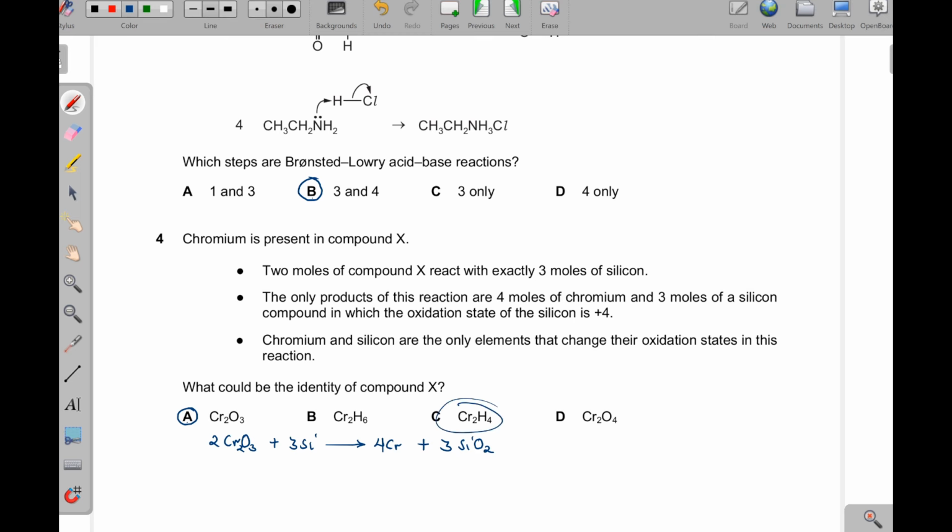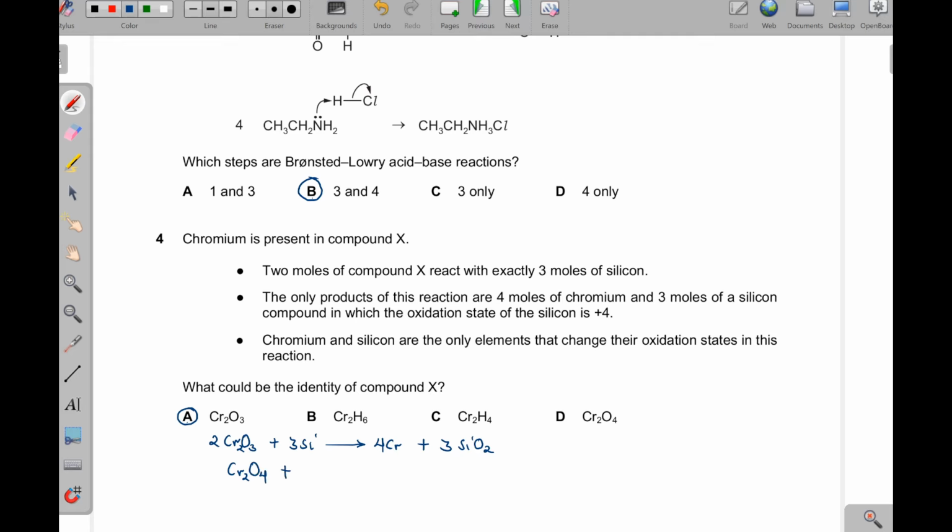Then we go to this one, it is also the same thing. It has hydrogen and what? It is chromium and then hydrogen. So when silicon scoops off the hydrogen, it is supposed to be oxidation, but we are seeing a reduction process in there. Then when you come to this one here, chromate,